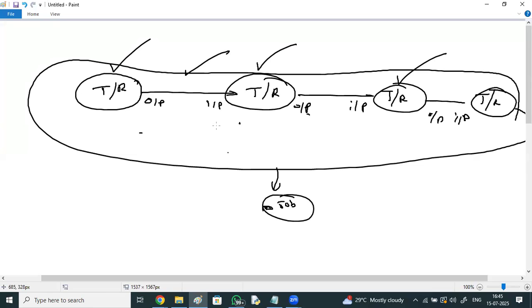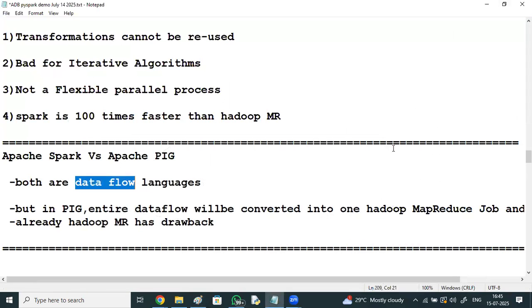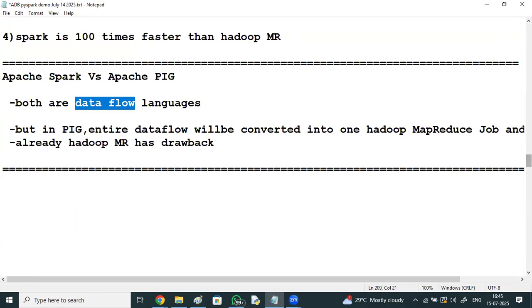But from 2016-17, there were POCs, proofs of concept, and many other things started being developed using Apache Spark. Initially Apache Spark was built using the Scala language. Mostly Scala was preferred in the initial days. Today Python is mostly preferred because Python has many libraries for machine learning and different other environments.